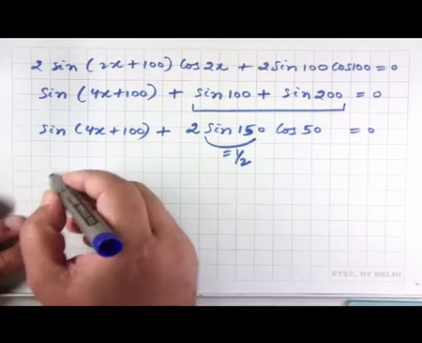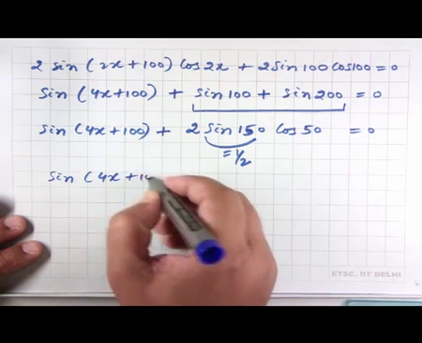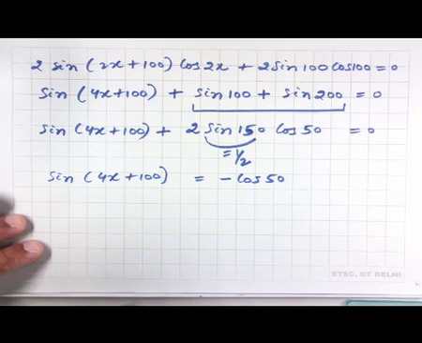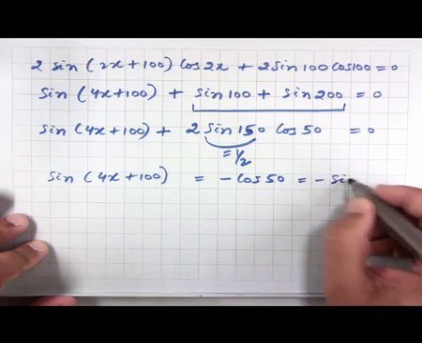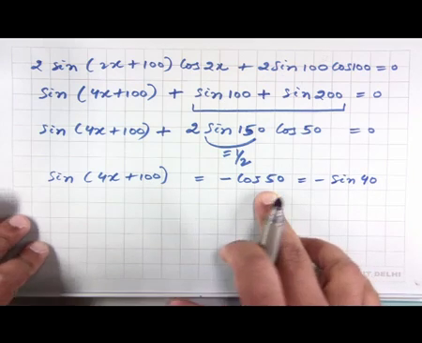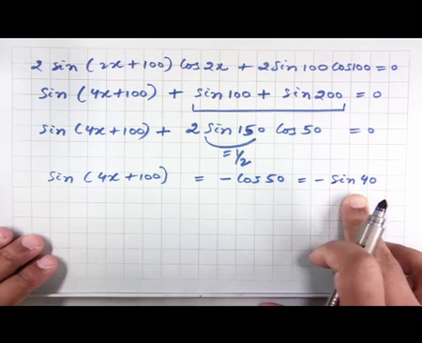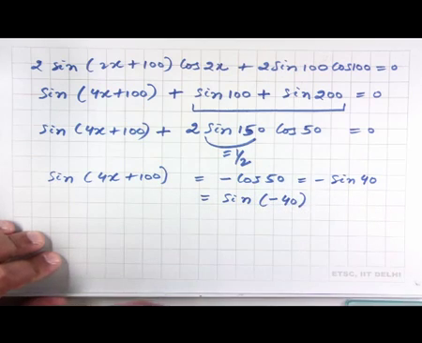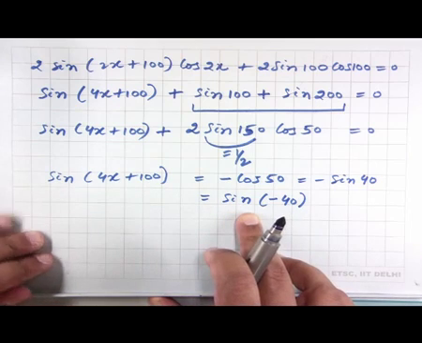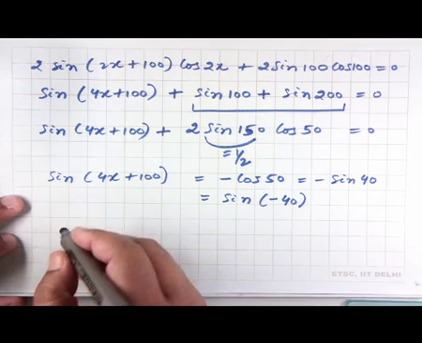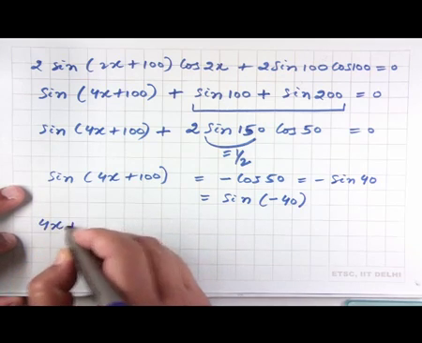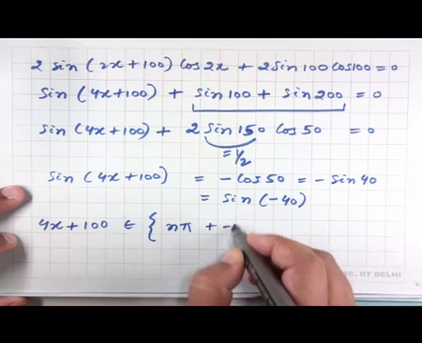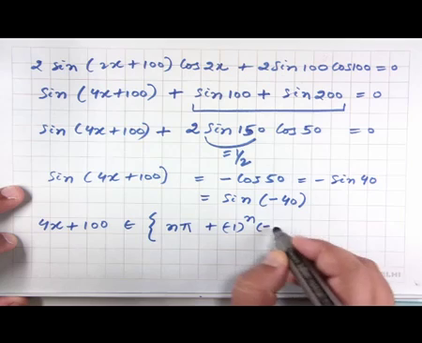Therefore, what we have is sine of 4x plus 100 is equal to minus of cos of 50 degrees, which is minus of sine of 40 degrees, because cos of 50 is the same as sine of 40, which can also be written as sine of minus 40 degrees. So, again we have the form sine x equal to sine y, for which the general solution will be given by 4x plus 100 belongs to this set n pi plus minus 1 to the power of n times minus 40,